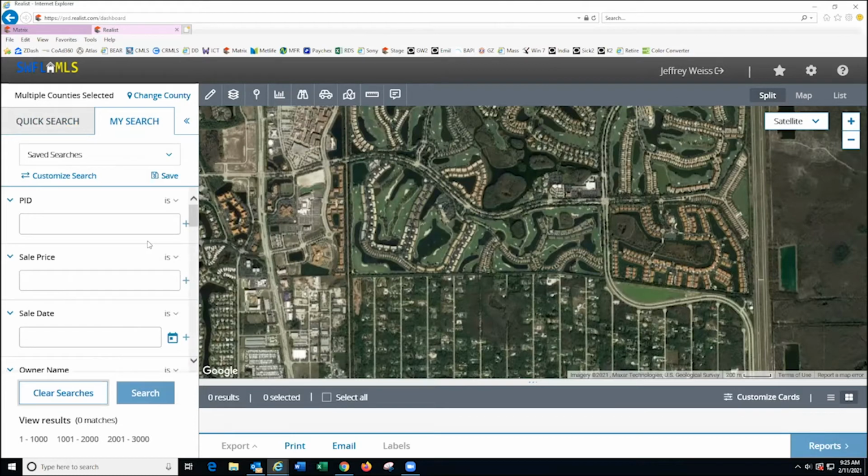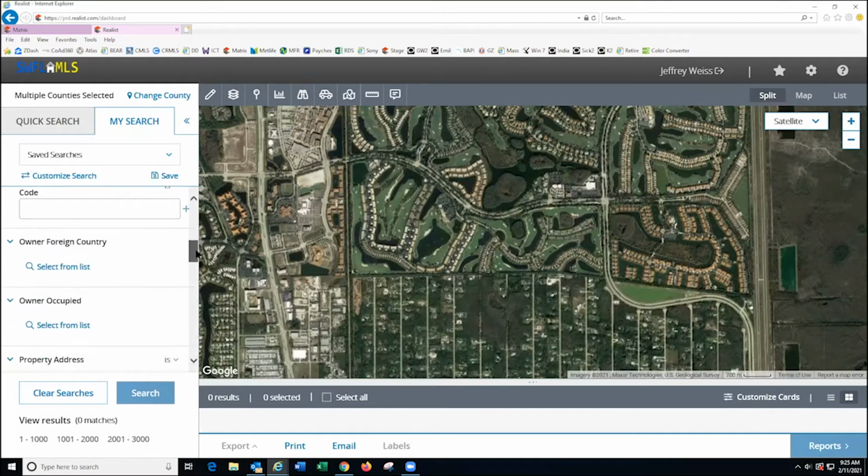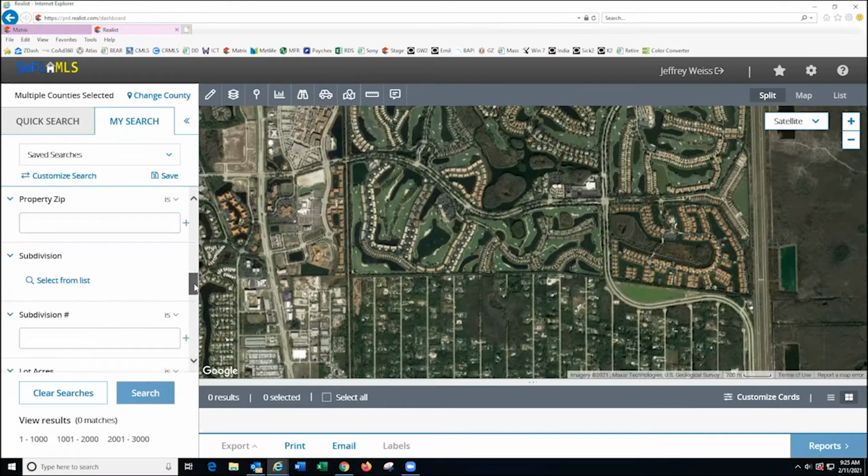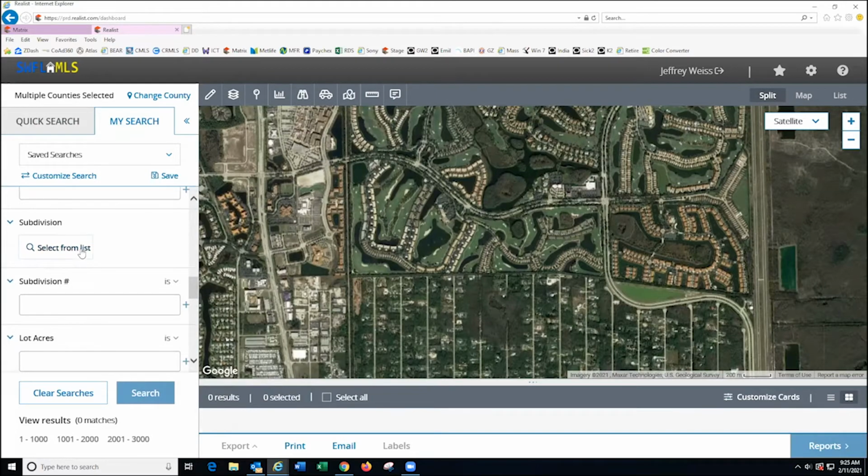All right. As you can see, the last one I did was this way. So what I can do at this point, I could go in, and I'm going to scroll down, and I can select the list